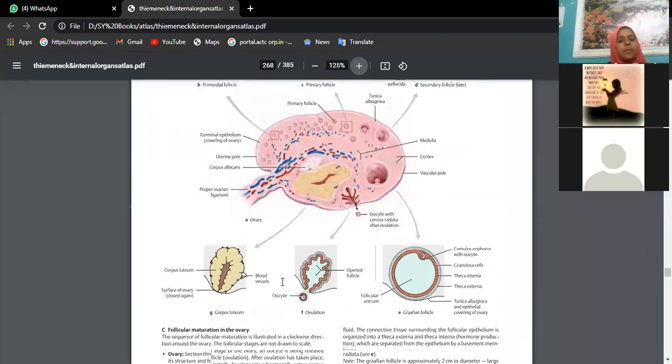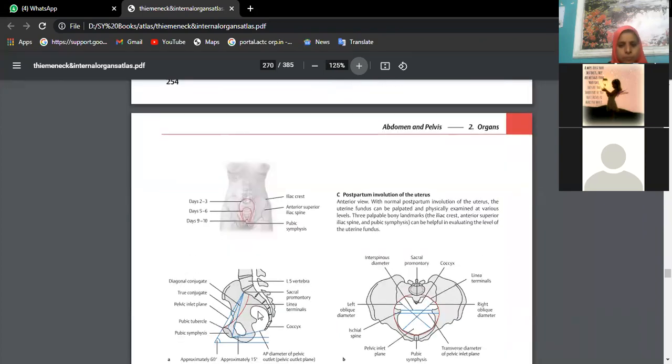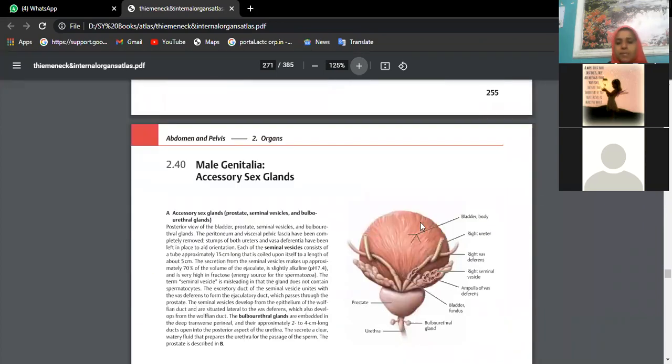This is the histological aspect. We have discussed many times. Okay, this is the male urinary bladder, beta. You have to check. This is the posterior aspect of the male urinary bladder. You check for this vas deferens, 45 centimeters long. Okay, right and left vas deferens, below which you are finding the seminal vesicles. The vas deferens and seminal vesicles, both the ducts will join to form the ejaculatory duct, which opens into the prostatic urethra, isn't it? So this is the prostate gland. Okay, and this is the further journey, you are finding the urethra. Okay, this is the posterior aspect of the urinary bladder.